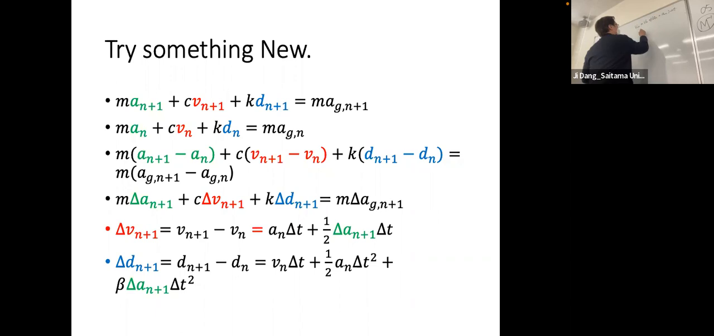So we just get Vn plus half an delta t plus half an plus 1 delta t. Right? So we get Vn plus half an plus half an minus half an delta t, sorry, delta t plus half an plus 1 delta t. So we just sum 1 and deduct 1. Okay. So we sum them together, then we get Vn plus an delta t plus half an plus 1 minus an delta t, which is